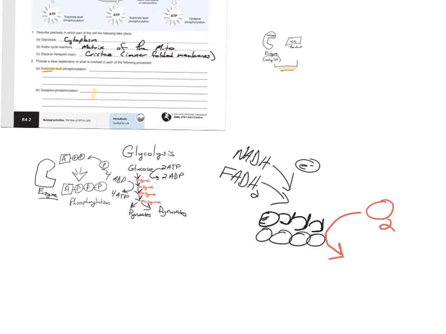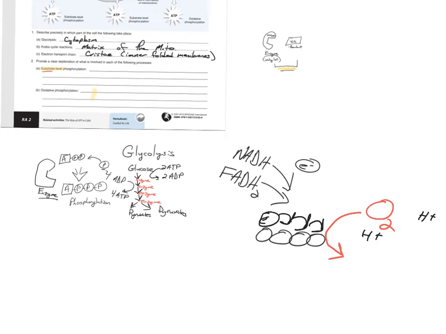Oxygen gas is going to take the electrons. It's going to take some hydrogen ions. There's hydrogen ions out here as well. It's going to take hydrogen ions and oxygen and some electrons. And what are you going to make? What do you make in respiration? For about the 10th time, what do you make in cellular respiration? What's the product of cellular respiration?